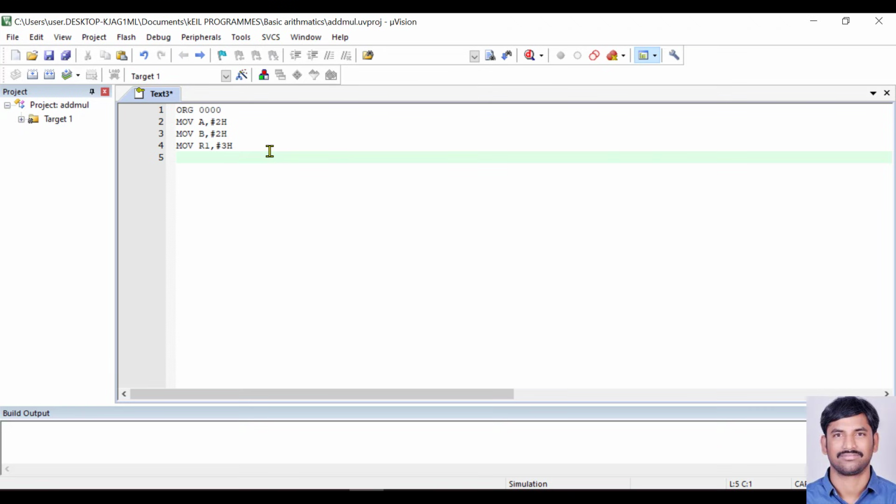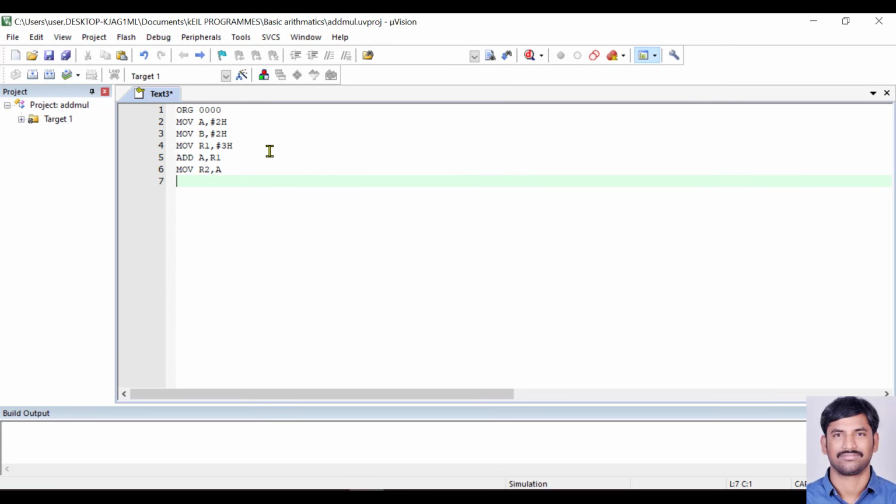Now I'm going to give my basic arithmetic operation. I'm going to add A comma R1, that means it's going to add R1 to A, and the result will be stored in accumulator register A. I'm going to move my result from the accumulator to register R2.